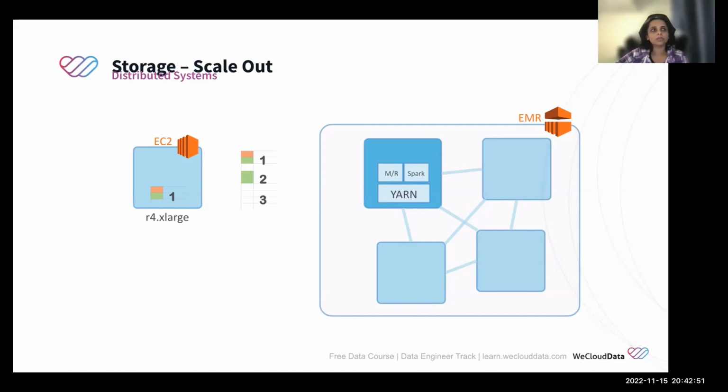So now if you were running a Python job that was processing a whole bunch of data, and you had that Python job inside of this EC2, and now you had a lot more data, it's slowing down. You can add more compute to it. If it was a medium, you can make it large, and so on. But there's only so much you can do, because Python will only run line by line in a serial fashion, right? But what is different from EC2 is in EMR,